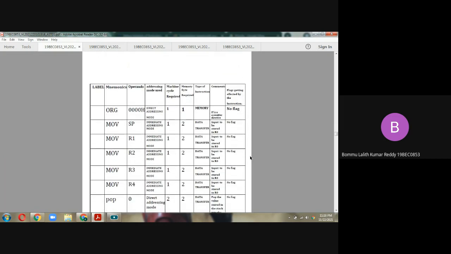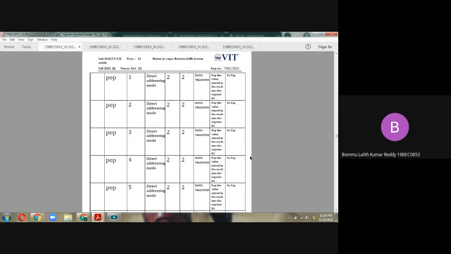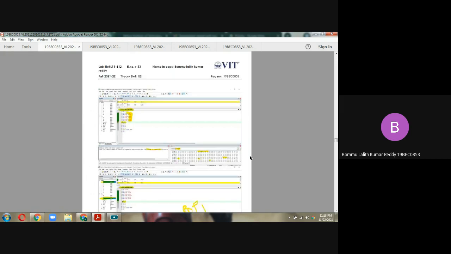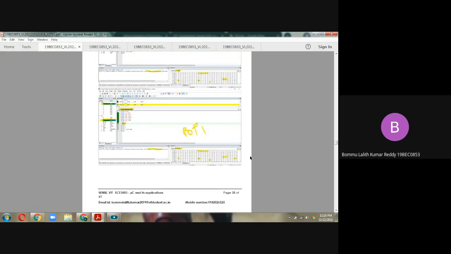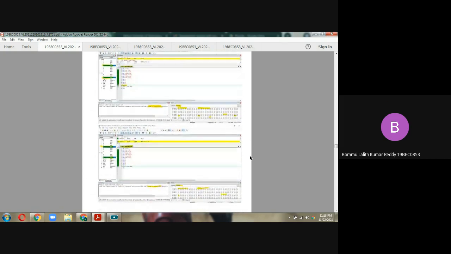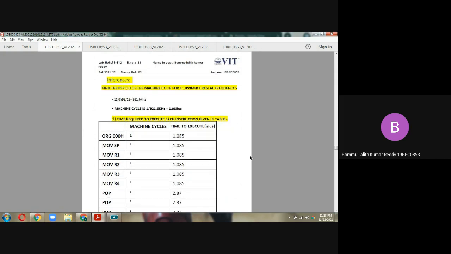And this is the tabulation for the code mnemonics. Each one's addressing mode used, machine cycle required, and memory bytes are all included in this tabulation. I did this tabulation on the given website. And the results and observation, using a snip of the 8051 assembly level programming before execution, is this one. And after the execution, you can see that I get my registration number in the output. This is for the pop one, this is for the pop two, this is for the pop three, like that. So at the last, I get my registration number, as I gave my registration number as the input.